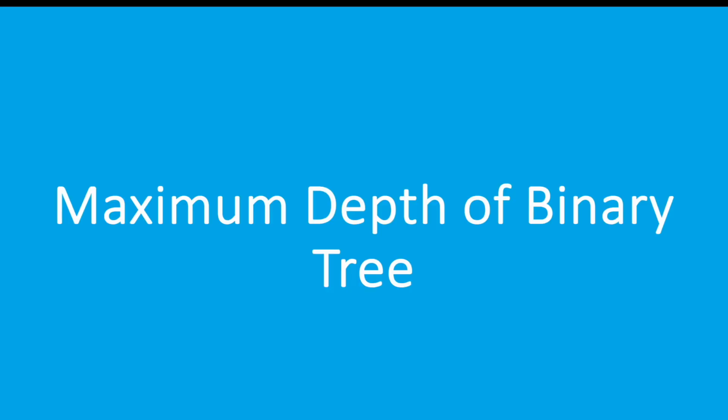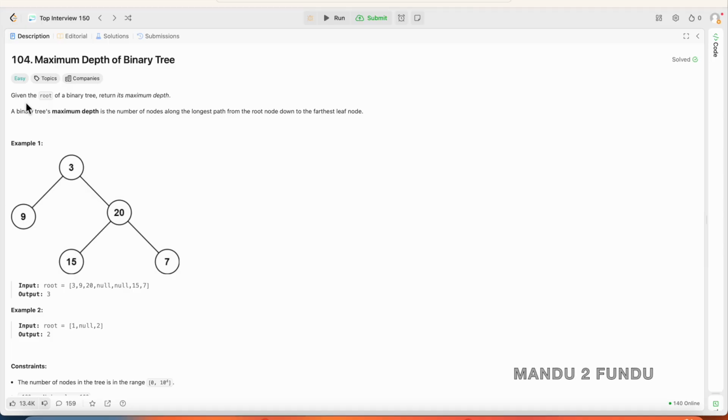In this video, I'm going to discuss the solution for finding the maximum depth of a binary tree. Let's look at the problem description. We are given the root of a binary tree and we have to return its maximum depth. A binary tree's maximum depth is the number of nodes along the longest path from the root node down to